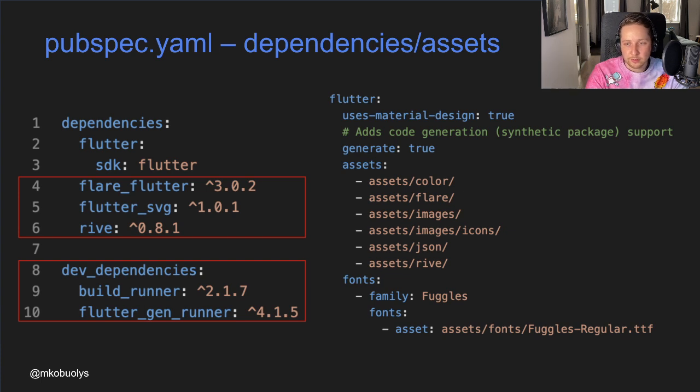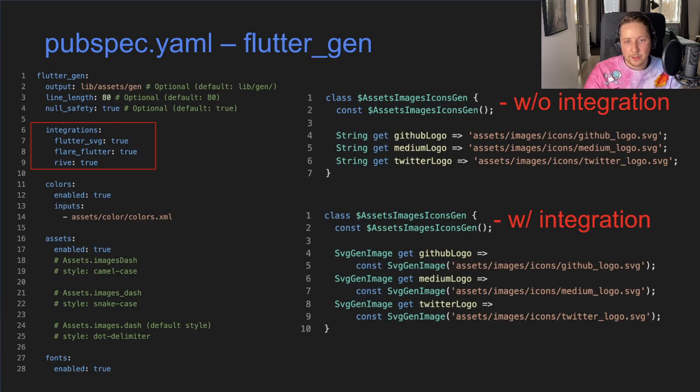You could see there are colors, there are flare objects, there are images, icons, JSON files, and so on. And also, in a similar way, we import a custom font. And then in the same pubspec.yaml file, we add another section of the configuration, which is Flutter Gen. In that Flutter Gen configuration, you define the output directory for your generated code, also the maximum line length